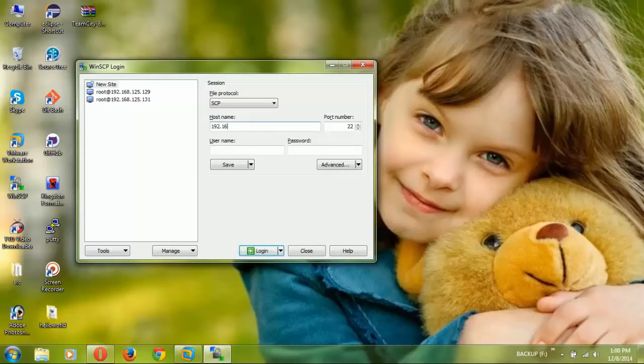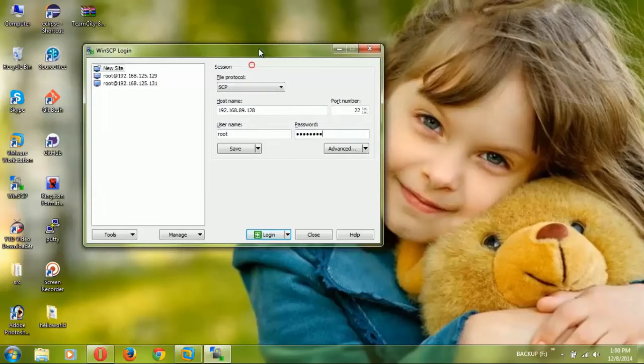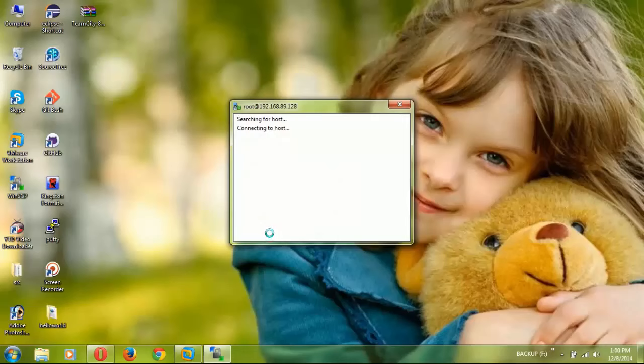And what is the host name? The host name must be the IP address, or if you configure a host name and domain name, you can use that. Till now I didn't set that up, and I am going to directly use the IP address of that remote Linux server. Enter the username and password, then click on the Login button. It will open the